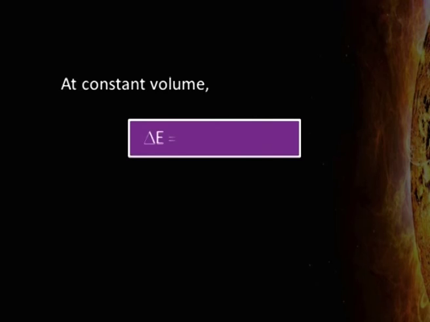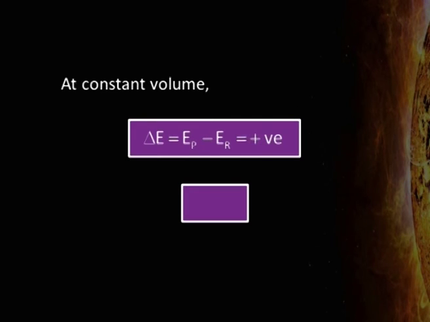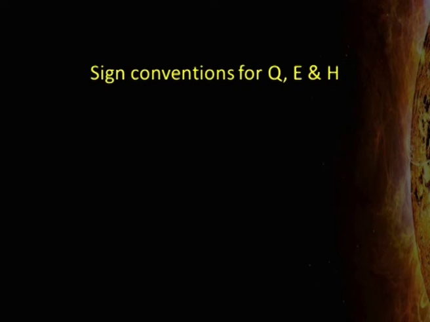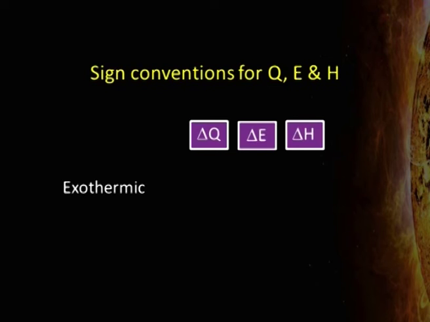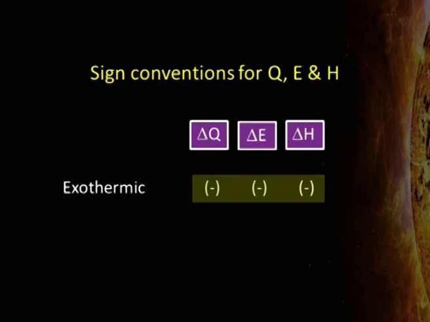If we are considering constant volume, then delta E is equal to E of products minus E of reactants, which will be positive. It can be said that internal energy of products is greater than internal energy of reactants. You can have a look at sign conventions for Q, E and H, that is heat change, internal energy change and enthalpy change. For exothermic reactions, all are taken to be negative and for endothermic reactions, all are